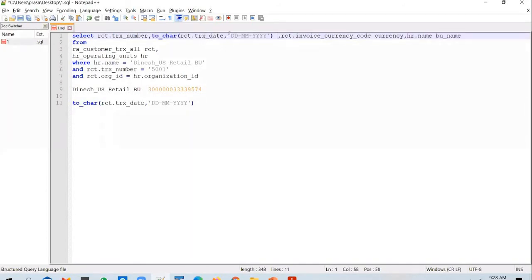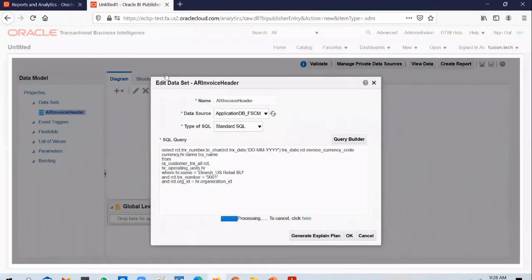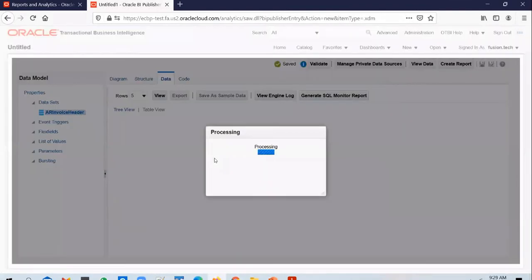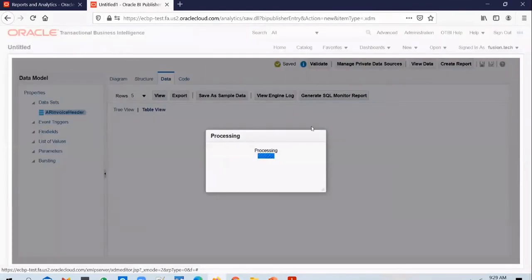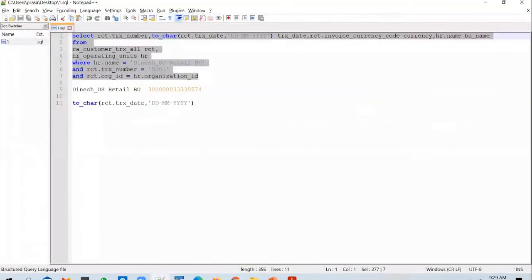So instead of pulling just the transaction date column, I'm formatting it using the toChar function, and I will use transaction date as an alias here. And you copy this, go back into the application, edit it and paste it, and you go ahead and run the query now. And if you go to the table view, you are able to see the details. So what do you see in there? You see that the transaction date is more formatted now. It is getting displayed in DDMMYYYY format, whatever format you have selected here.